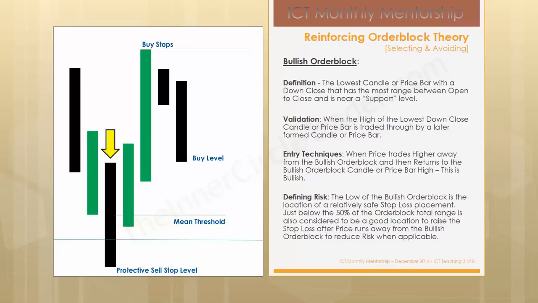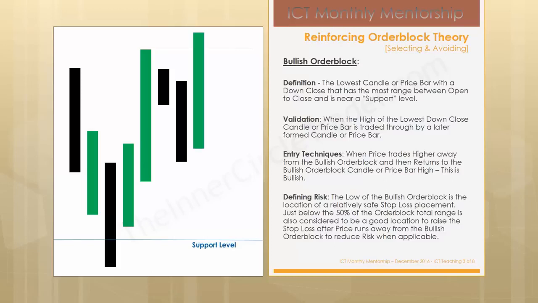And your protective sell stop is going to be below the bullish order block's low, or below the close. Now at this point, depending upon where that low is, it could be the low of the wick, but primarily you're going to be looking at the low formed by the close of the body of that candle. Now again, focusing on what we anticipate in price,